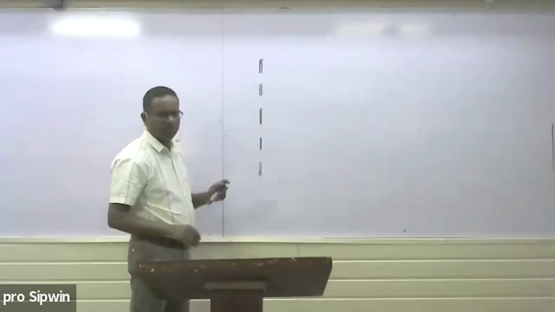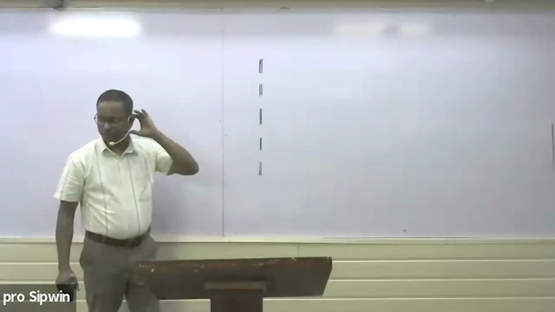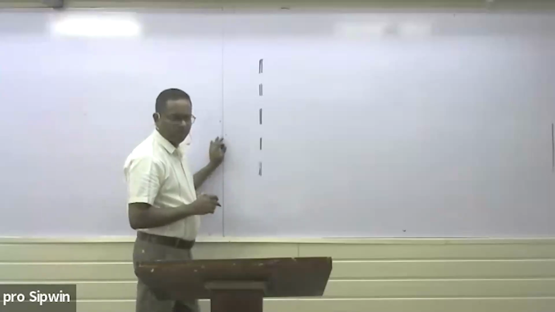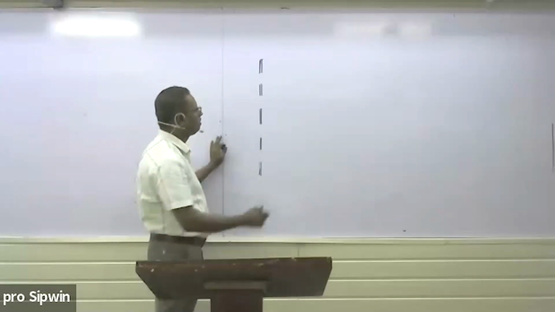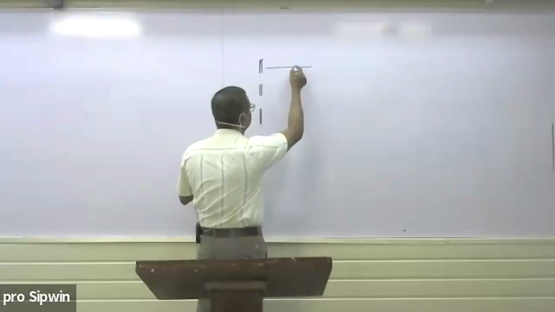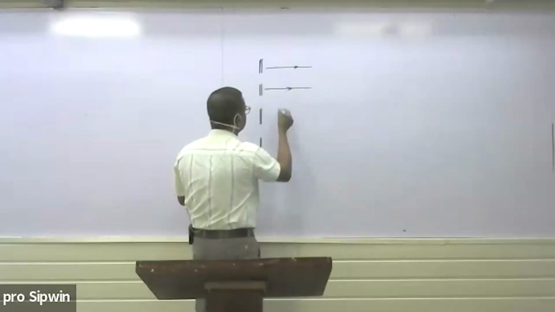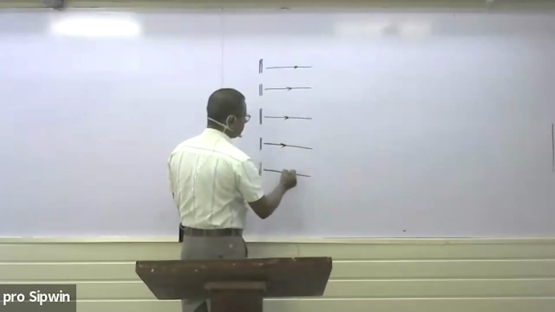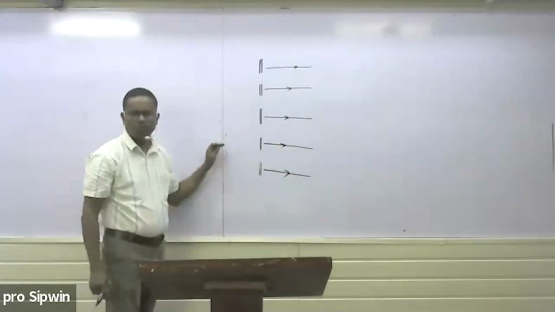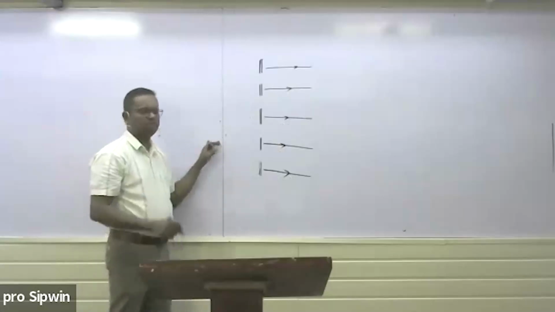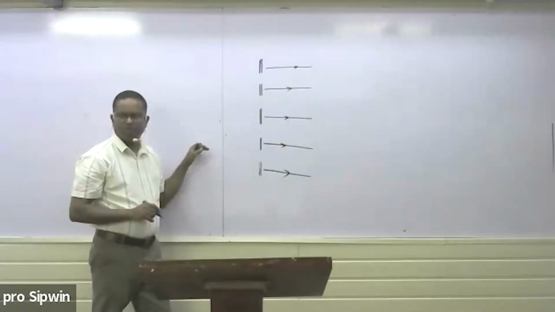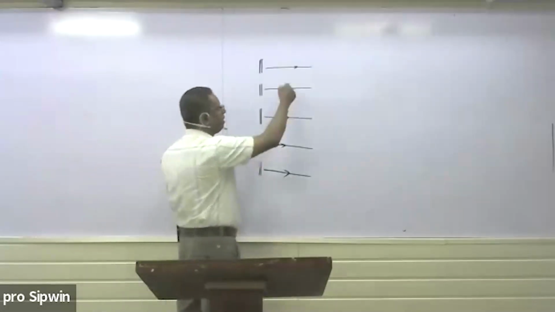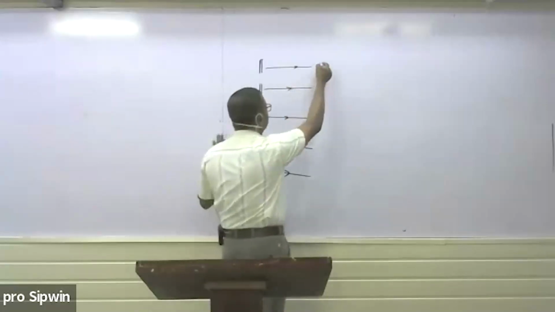This is the perforated cathode. Then the cathode rays pass into this side. Then when cathode rays pass like that way, the hydrogen